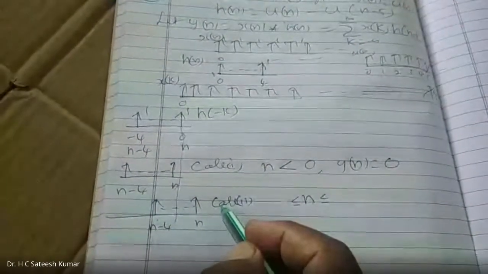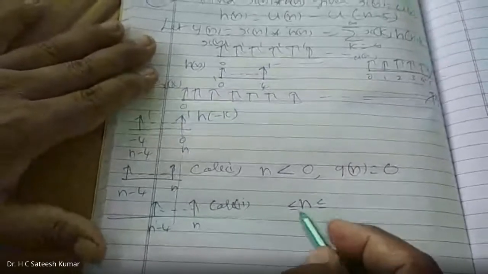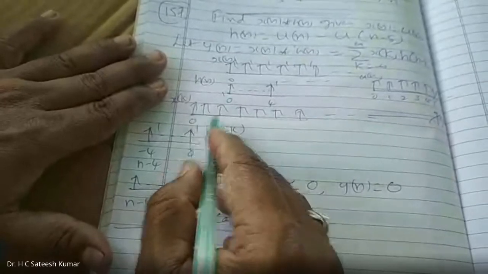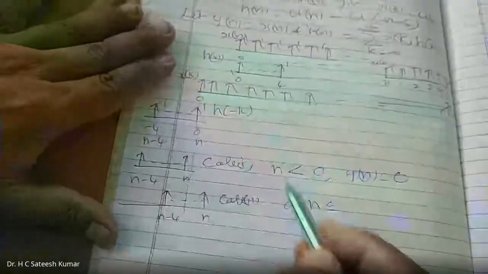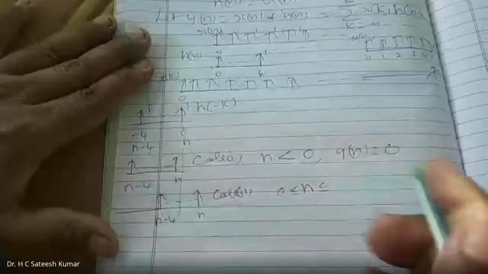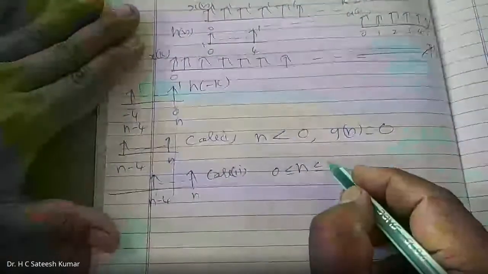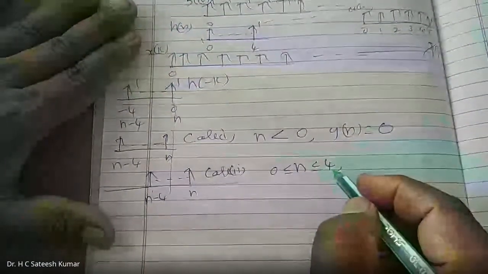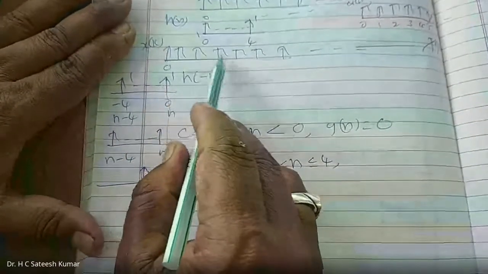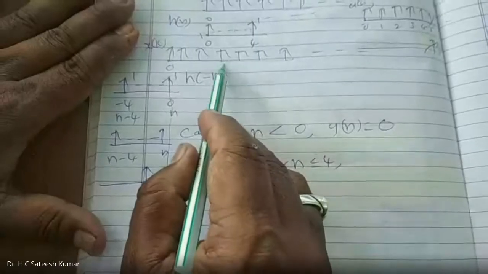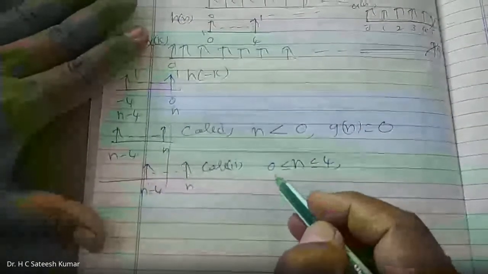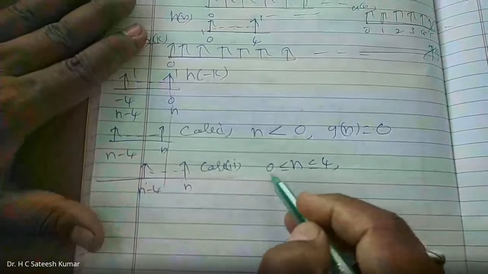Its variance goes on increasing. So therefore, what is that we have? N lies between 0 to, how many elements? When n goes to 4, all the 5 elements get overlapped. Therefore, n lies between 0 to 4. When it is at 4, all the 5 elements, 1, 2, 3, 4, 5 elements, then it's 4, 3, 2, 1, 0. All of them get overlapped. Now, answer is not 0, you can write n lies between 0 to 4.